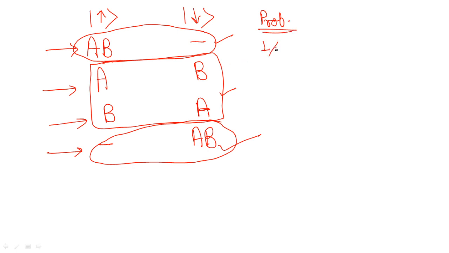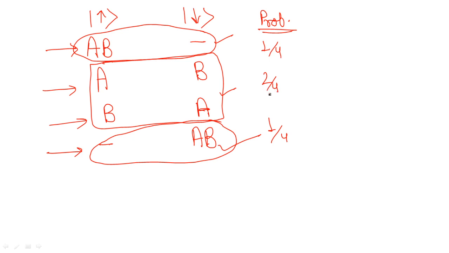1 out of 4, 2 out of 4 and 1 out of 4. How? Because 2 are belonging to this category, which is a common category, which is giving us the final and the same result from both the cases. So 2 are in our favor for this type, one in spin up and another one in spin down, and total 4 are there. So this is how you are going to get the probability.